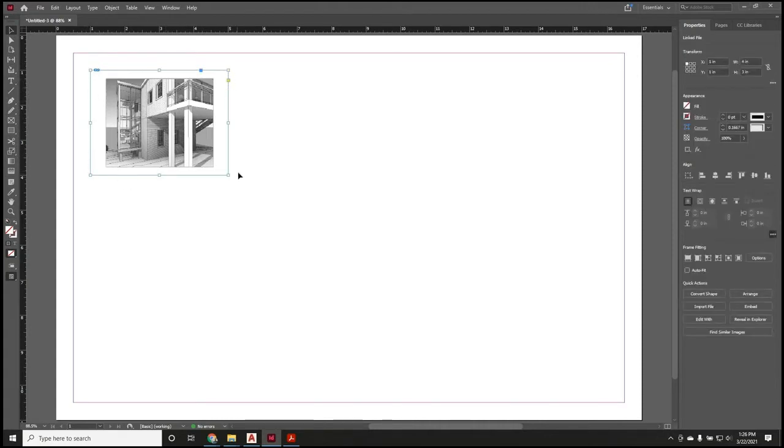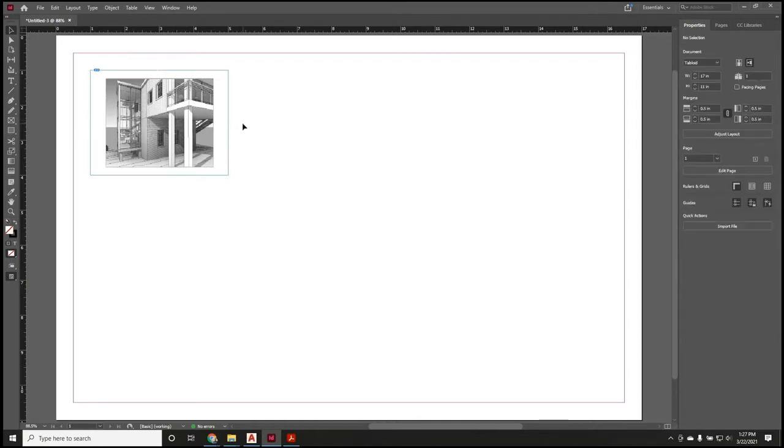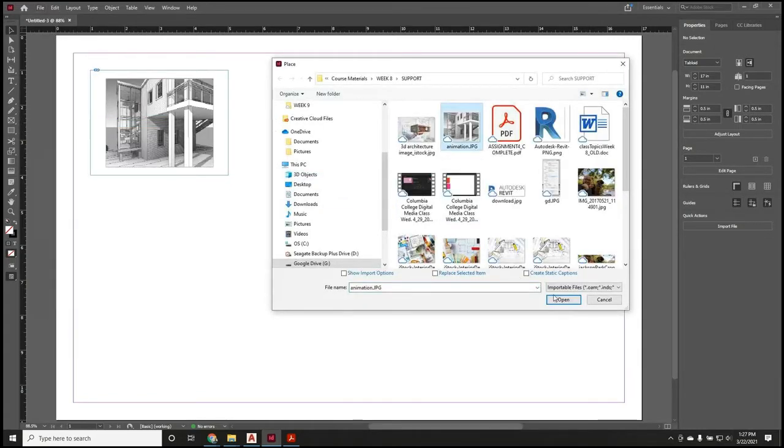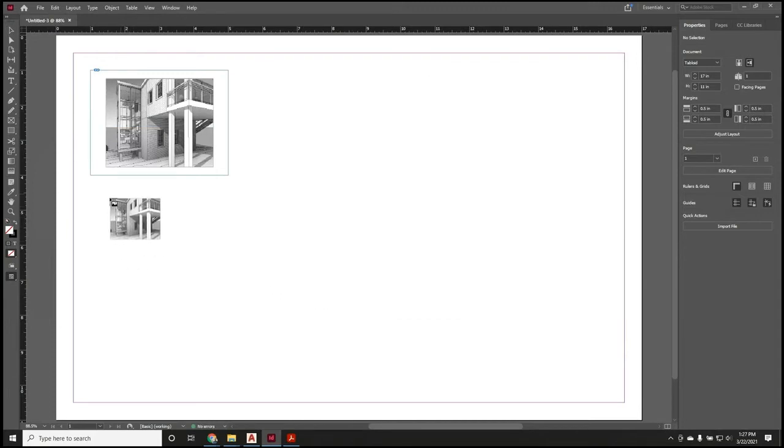So there's two things going on here. There's the box, like the picture frame, and then there's the image inside, and you can select either one. And when I dropped it off, I just clicked once, and it dropped it on the screen, and it made it the original size of that image from, for example, a program like Photoshop. Now, if I go back and I place it a second time, and this time I place it on the screen here, just clicking it once,